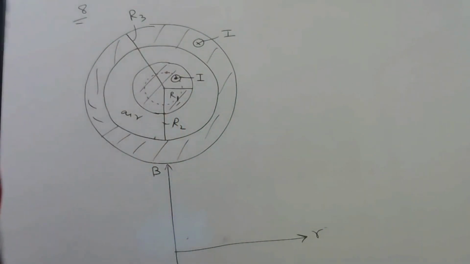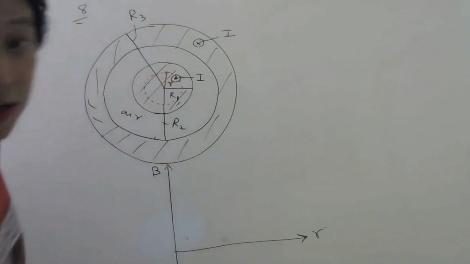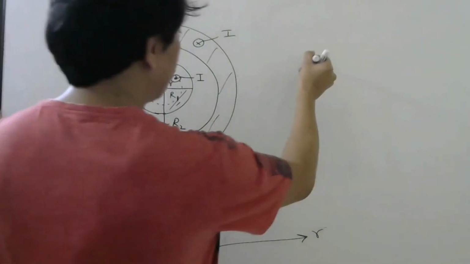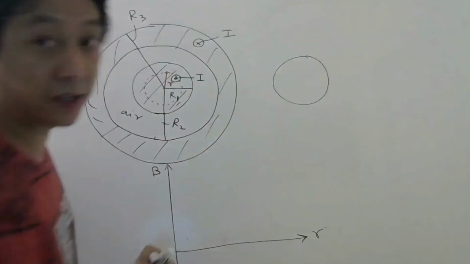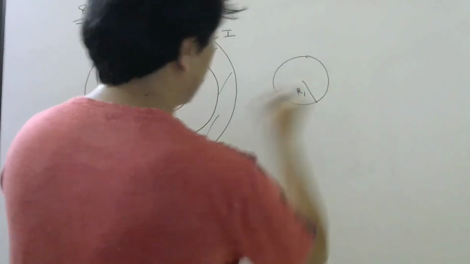This is my Amperian loop. Then I will apply Ampere's circuital law. Distance is small r. This is small r. Or if I draw here, this is your inner conductor whose radius is R1, and I want